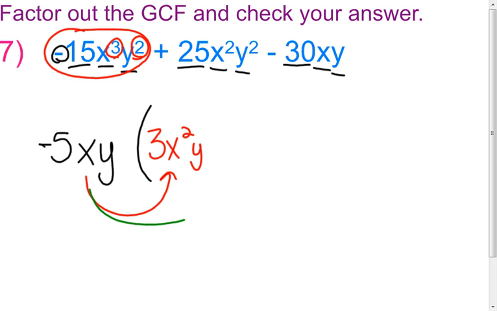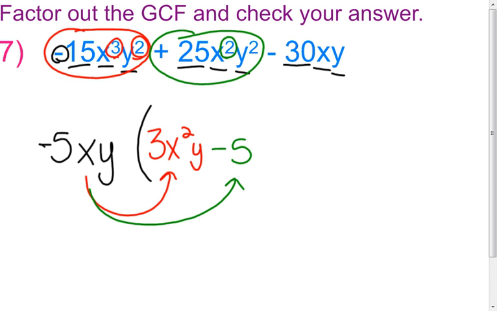So now negative 5xy times what gives me positive 25x squared y squared, and that would be negative 5. Okay? I had 2 x's here, but I pulled one of those out front, so I used one and I only have one left. I have 2 y's right here, but I used one and I only have one left. Okay? And then lastly,